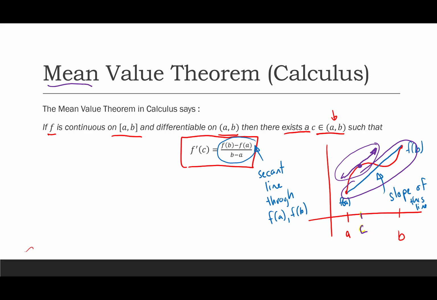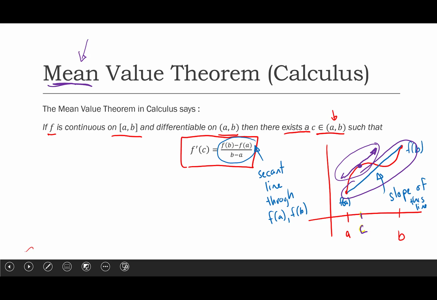Now, what do we mean by mean? We don't mean mean like it's angry or not nice or anything. What we mean is average, right? Slope you can think about as average. So it's almost like the average value theorem in a way. We're saying that the derivative achieves this average, f of b minus f of a over b minus a.